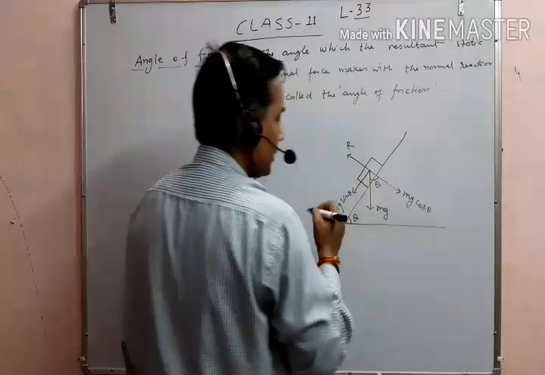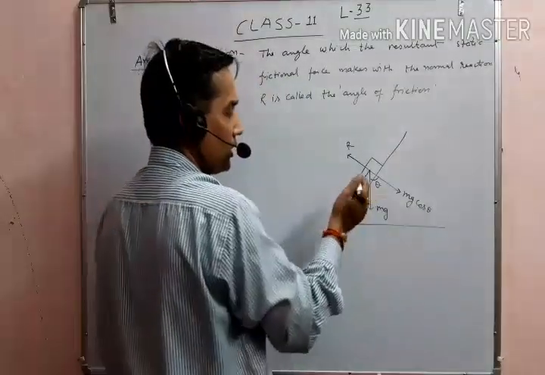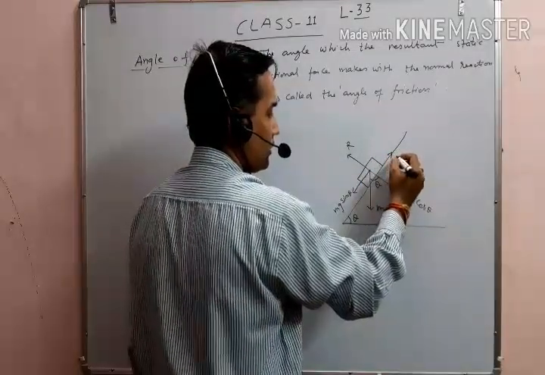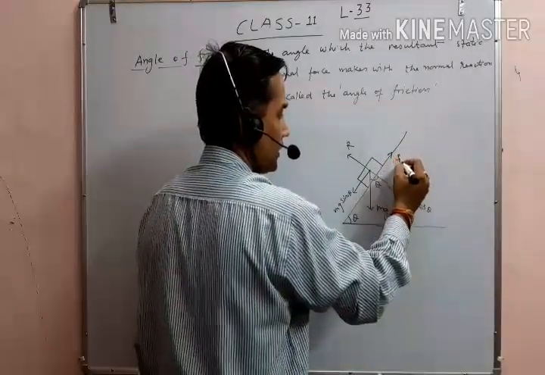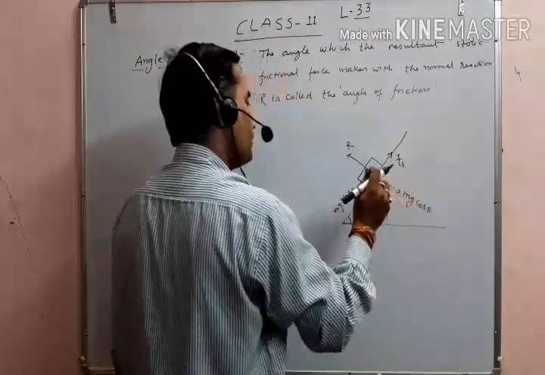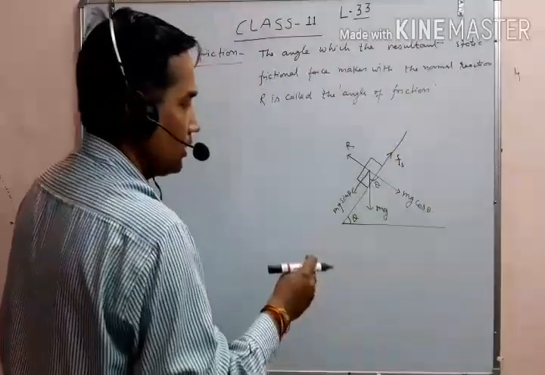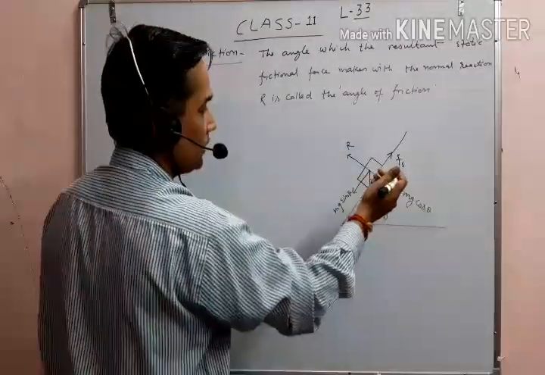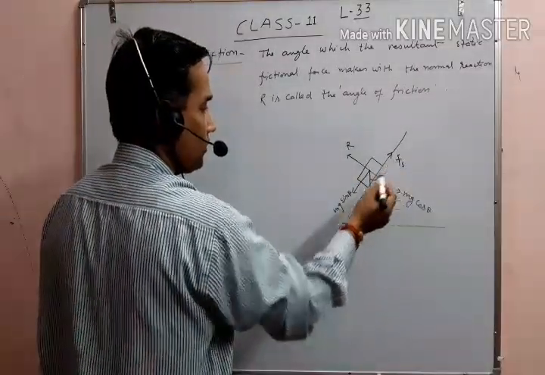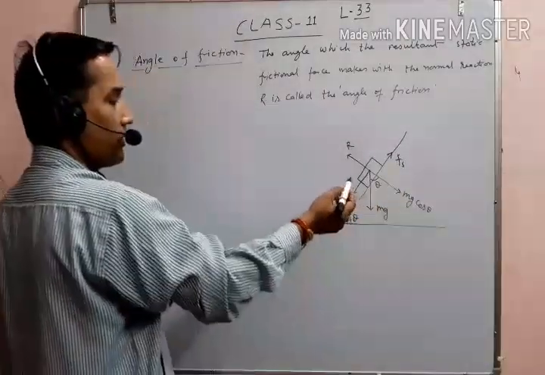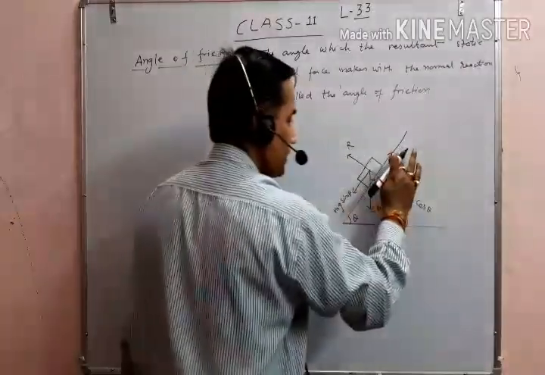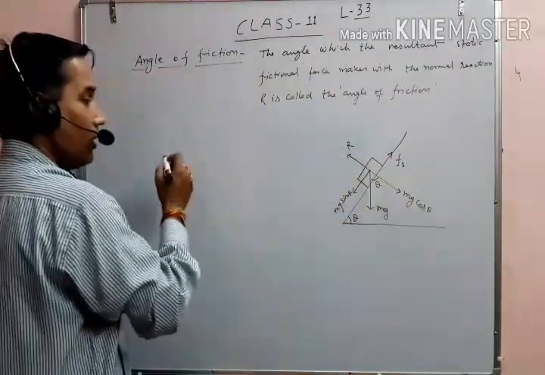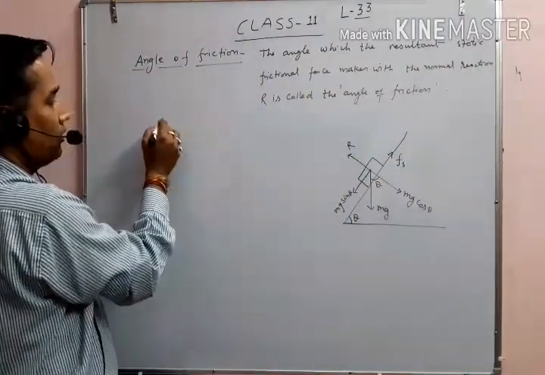Suppose in any situation the block will move downward, then one frictional force is acting opposite to that direction, that is the static frictional force here. It is not moving continuously, but it will start to move. Before that condition, the acting force between both contact surfaces is Fs, that is the frictional force, like this one. So in equilibrium